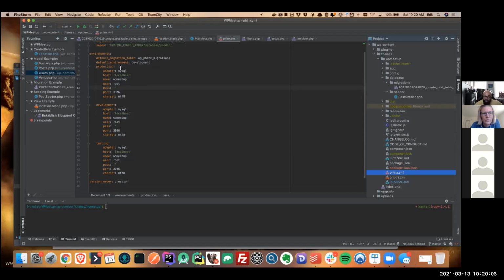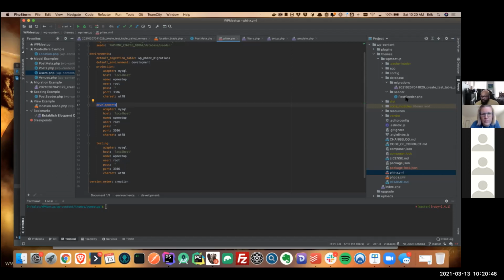So then you have environments. The nice thing about this is if you run this locally, you can have a development environment like I have here. And this is where I'm seeding my local dev environment. Or if I need to make changes to production, I can put all the production credentials here and then run it directly on the production database. So depending upon what environment, I can have settings for it, and then boom, it'll just handle everything that I need to do. And that's how I tend to seed or manipulate one of my clients' databases whenever they give us stuff. I just hop on my computer, tell it what connection I want to use, and then boom, it handles all the data for me.